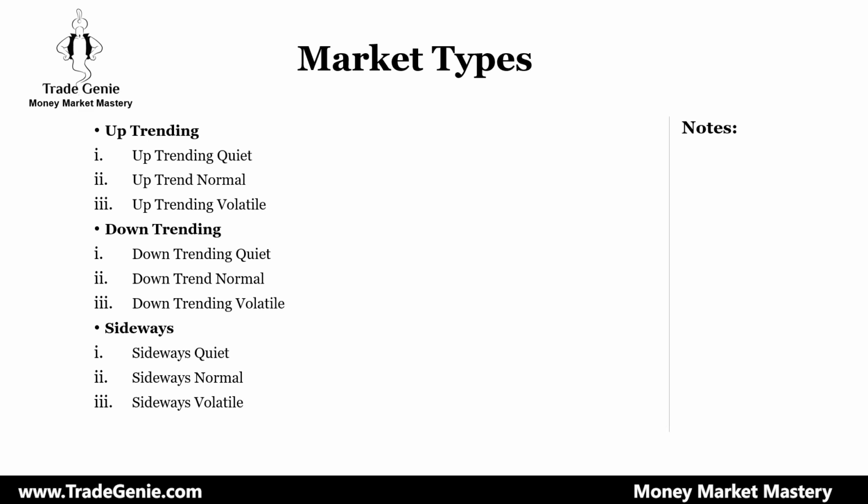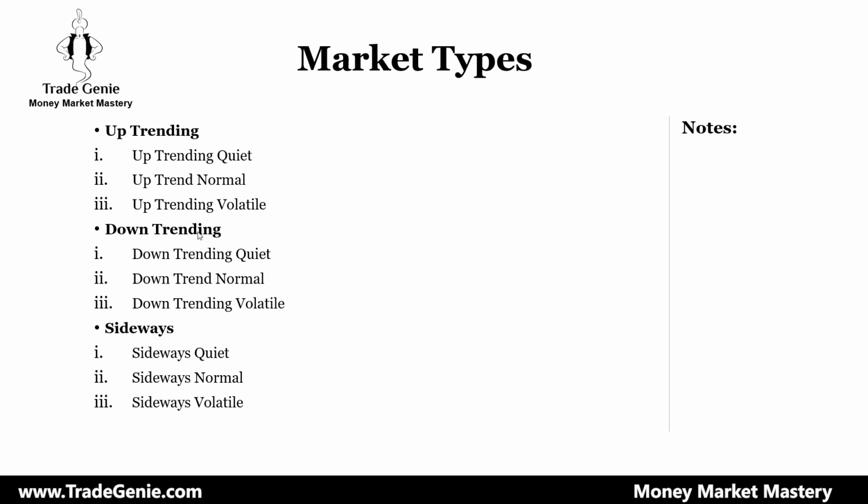They can see triple digit gains in their puts, the volatility increases, the premium goes up, and then it subsides, and then they say, oh, what happened? Why am I not seeing my gain even though the market is down? So the downtrending market is volatile or very volatile, not quiet or normal.